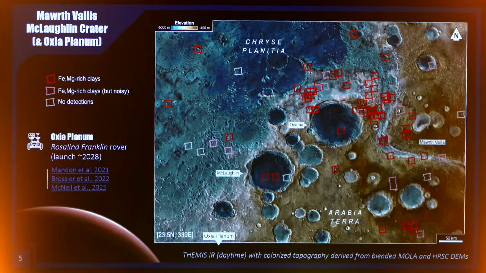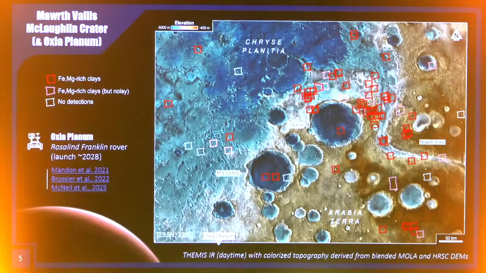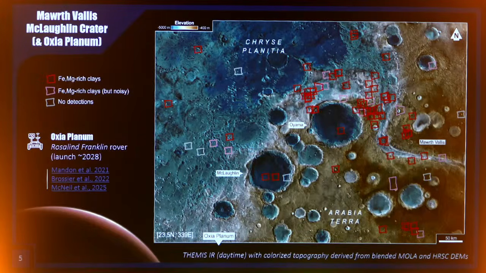So you have the Marsalis area. As you can see, you have a lot of data, especially targeting those clay-bearing outcrops known from the literature already, because Marsalis is a place that has been studied a lot. You have a lot of papers about this. And Oxia, which is not shown here, but is more southwest, where the mineralogy has been more or less studied from Lucia Mandon in 2021, by myself in 2022, and then Joseph McNeil lately, but focusing on the hydrated silica found near the delta fan-shaped deposit. So you also have Nili Fossae,